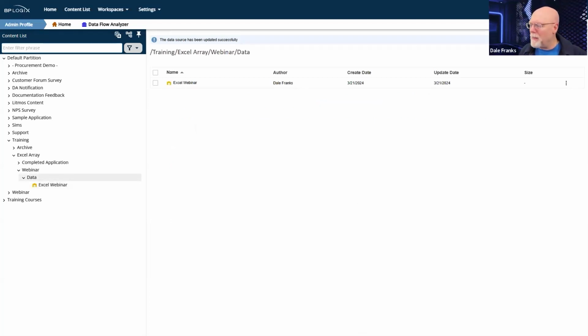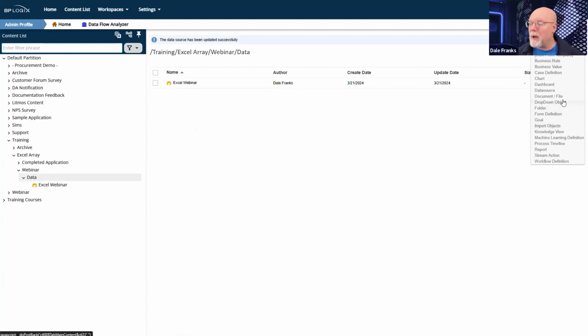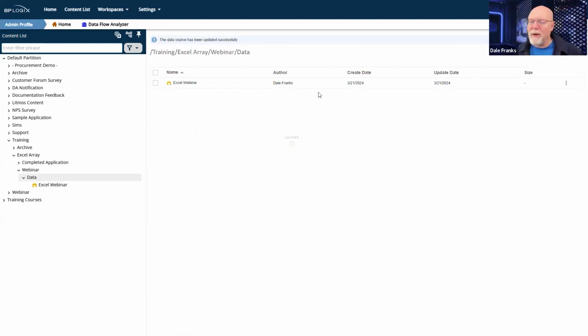Now I need my Excel spreadsheet. I need a template file that is going to determine how my imports are all going to work. So I've got to create an Excel template to make this happen. Now, what I'm going to do is just go ahead and upload the Excel template that I have just shown you. So we will go to Document, File.